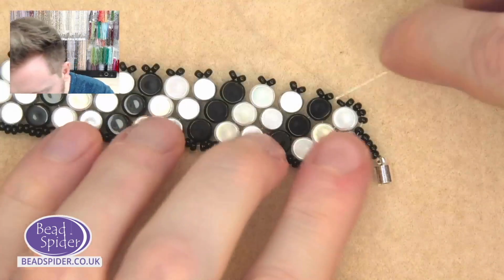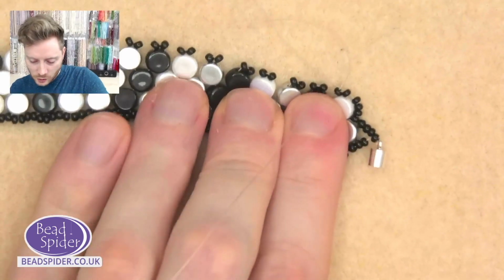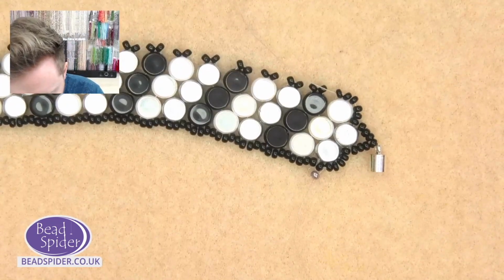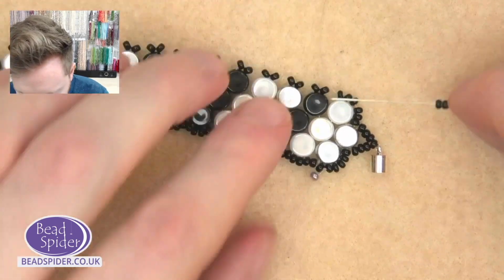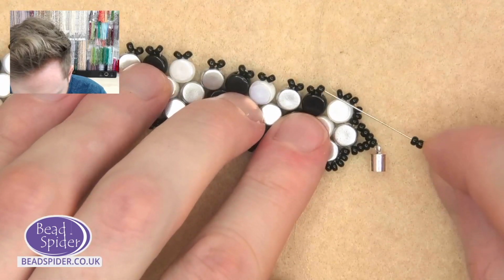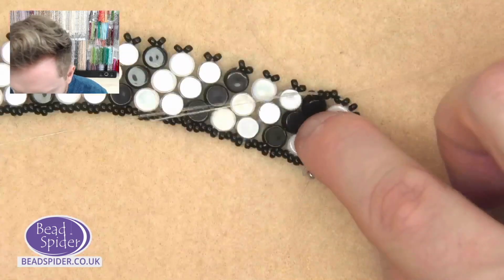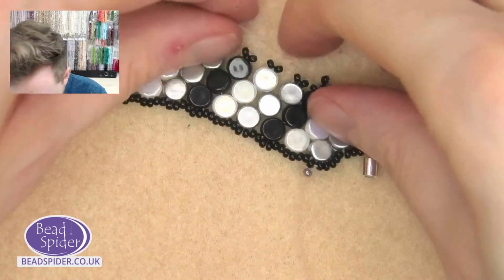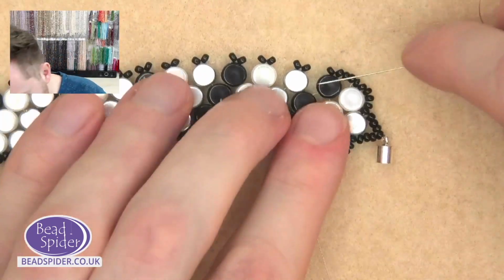Obviously, if there were more beads here, it would sit much firmer, which you'll see in a second. Because I didn't do this, oops, this other side. There we go, see that? It's starting to sit really nicely on the end. And then I'll just fill in these little gaps so that you can see them. Like this. And go through first that first bead. Make sure it's nice and straight. There we go. And then through the next, and we just continue along down that edge, adding the rest of